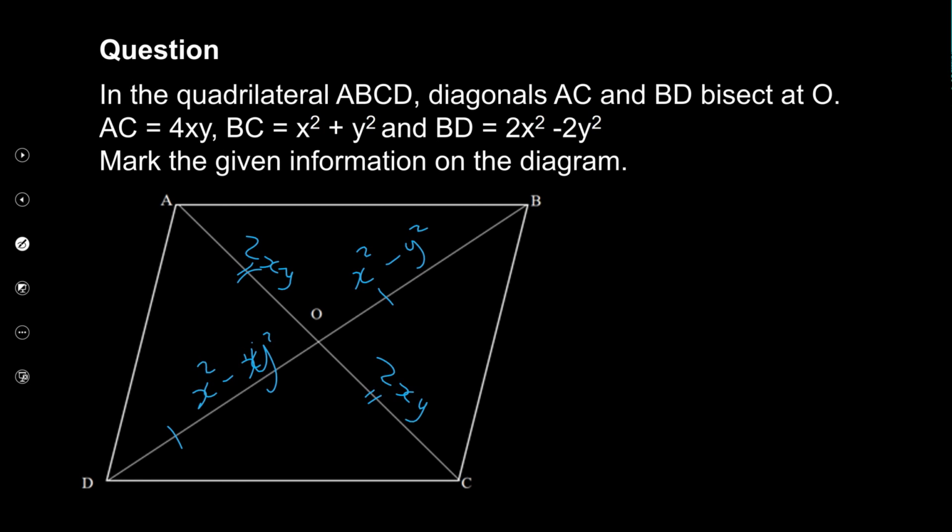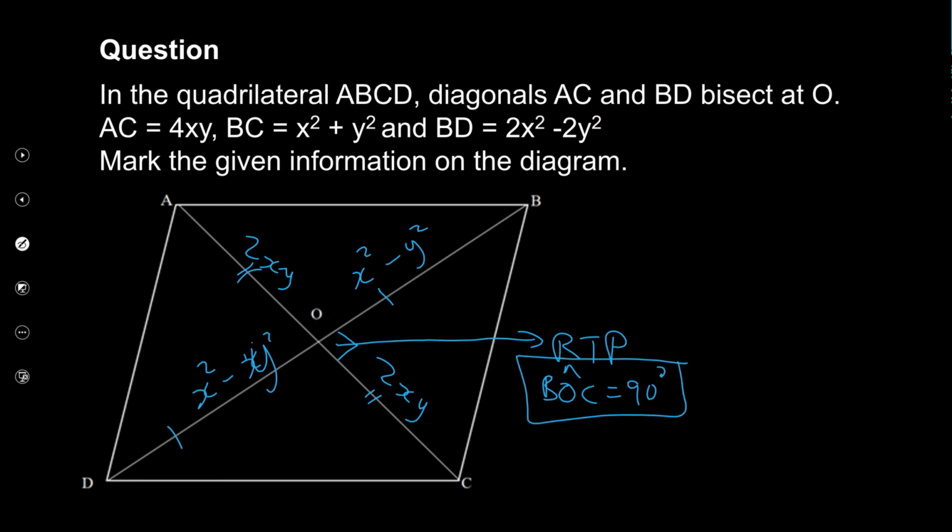And then I can try to use all of these nice things that I have here. So remember, for me to prove that this is a rhombus, already I know it is a parallelogram because the diagonals bisect. I must just prove that this is 90 degrees. So this is my required to prove, which is RTP, right? I must prove that this is 90 degrees, which is BOC equals 90 degrees. If I can prove this,